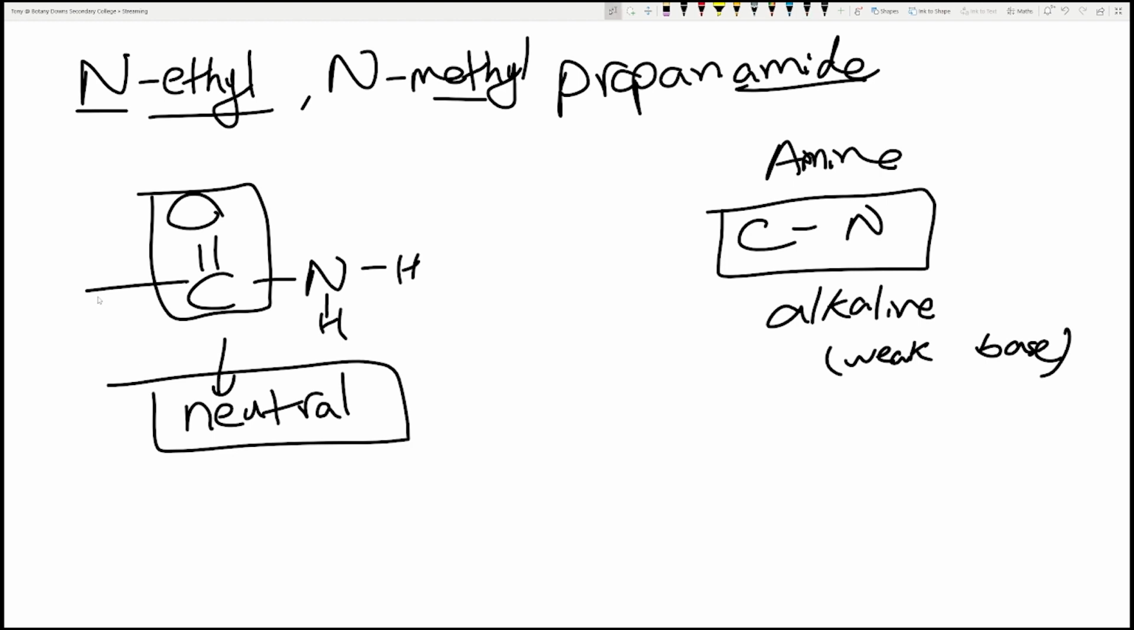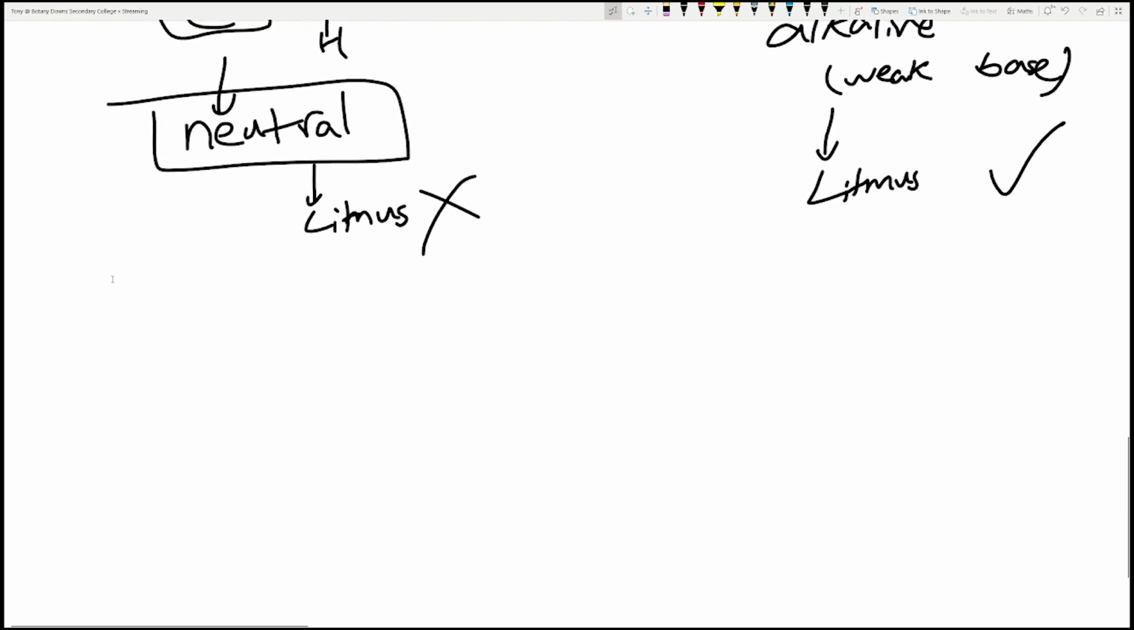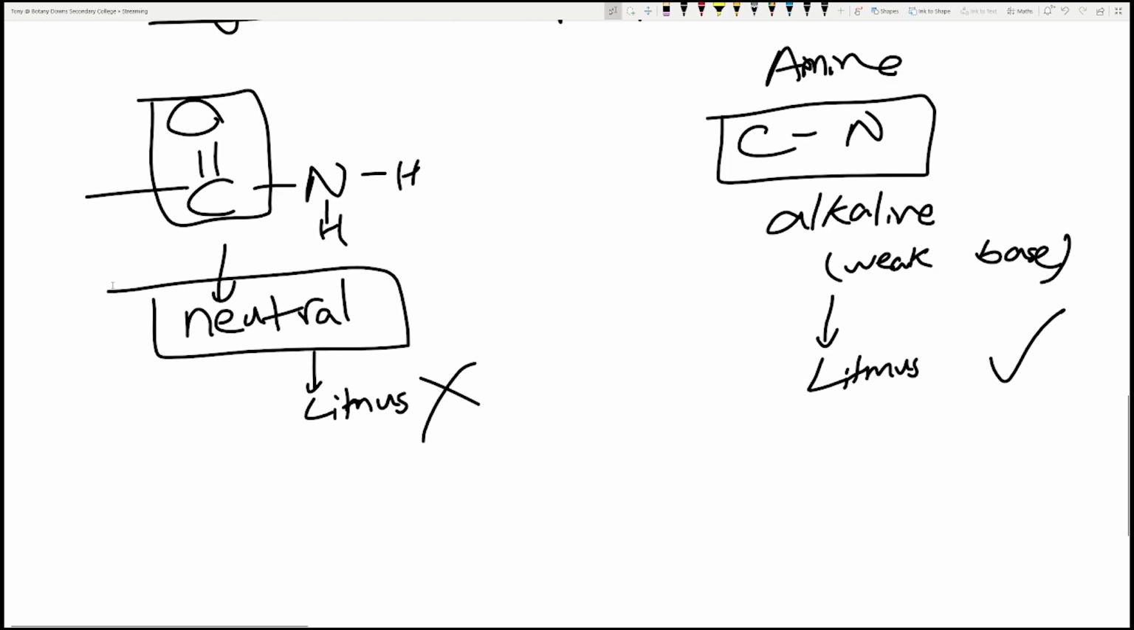So that means, if you think about the distinguishing test, this works with litmus paper, yay. This one with litmus, and it doesn't do that. Okay, it doesn't really react. And your amide is normally, if you look at the structure of this amide, the amide is normally something that